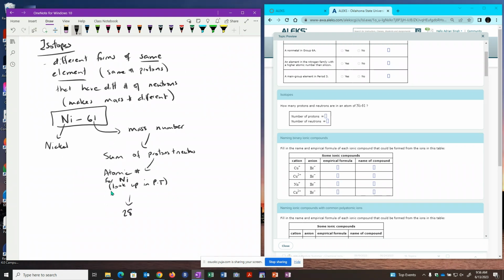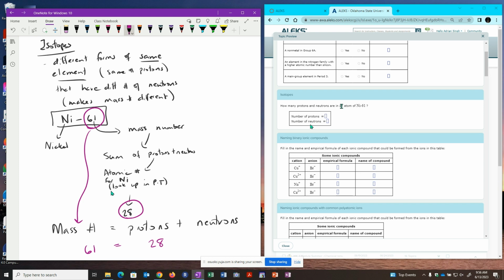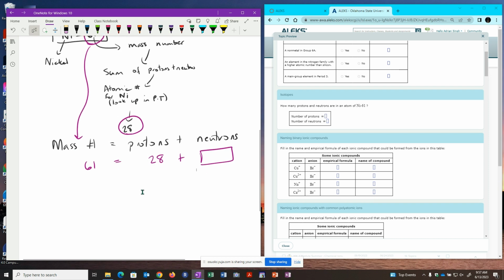So now we know, according to our simple math, that the mass number is equal to the sum of the protons plus the neutrons. The mass number we were given as 61. The number of protons we just found from the periodic table, because how do we know that it's 28? Because we're told that it's nickel and it has to be 28, which means we don't know what the number of neutrons is, right? We need to calculate this, and this becomes a simple